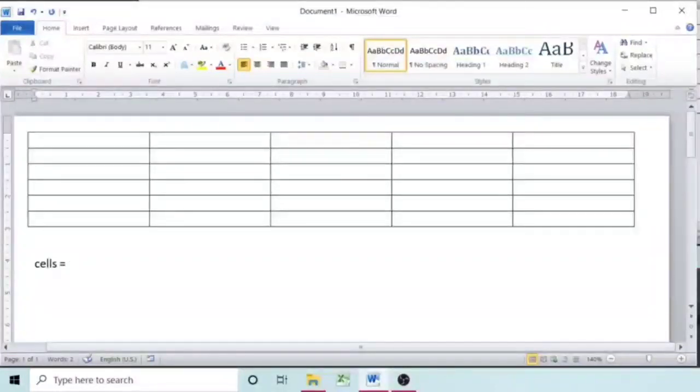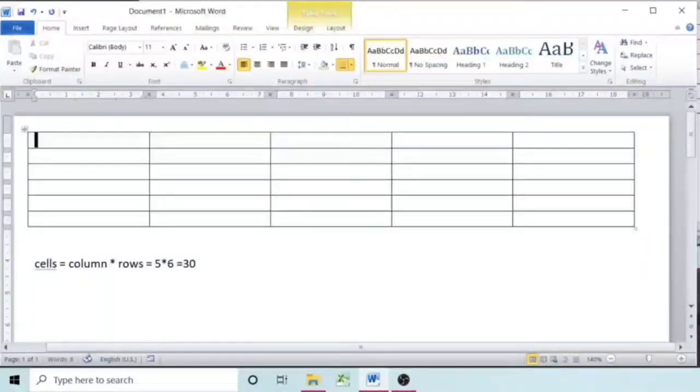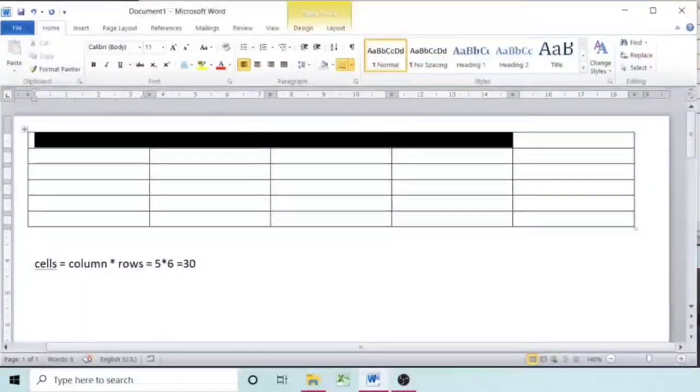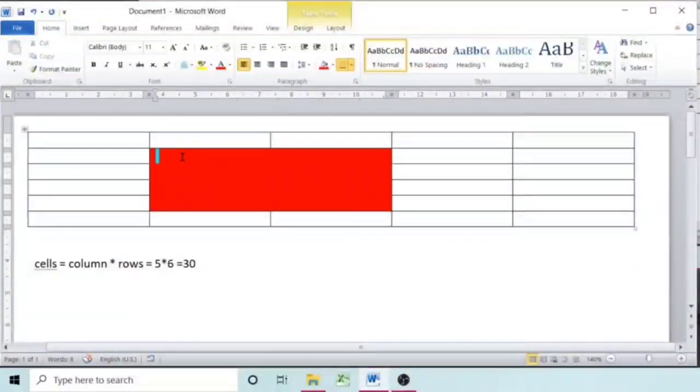So number of cells in each row are fixed. So total number of cells in my table is number of columns into number of rows. So in this table, number of rows are 6 and number of columns are 5. So total number of cells are 30 in a normal table.